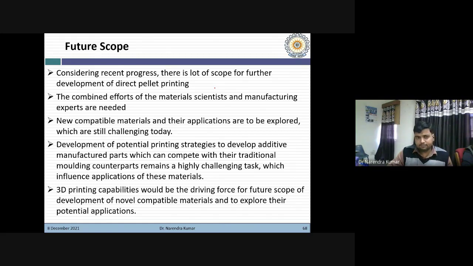I have given you one example of the bone. So bone properties are different. So if you are trying to explore 3D printing for bone application or bone printing, in that case you have to develop the material that should have similar properties, right? So this is one of the areas which can be explored through the direct pellet printing system, and also new compatible materials need to be explored.